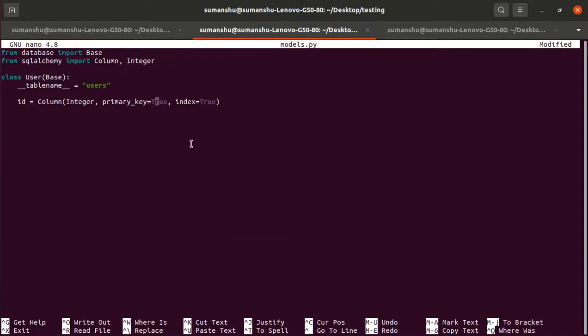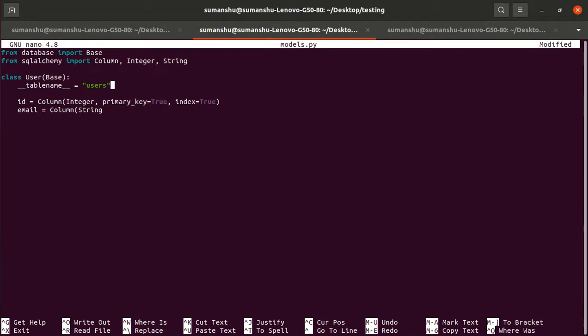Now we will define one more field, email. Basically we are creating a table which has two fields, id and email. It is a separate column, of type String, so we have to import String as well.